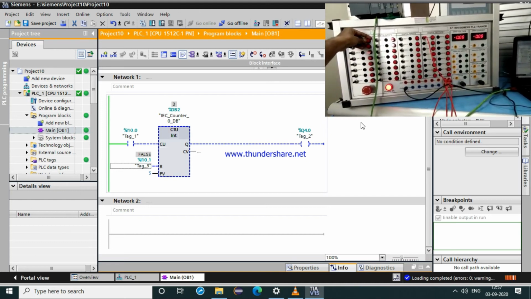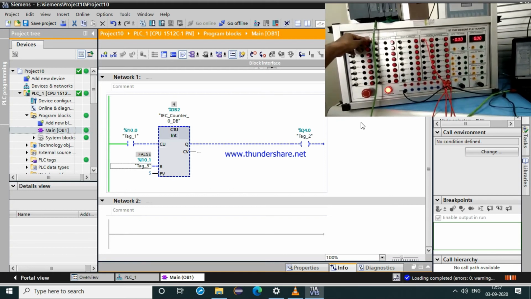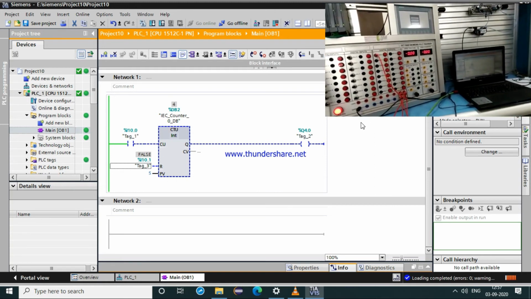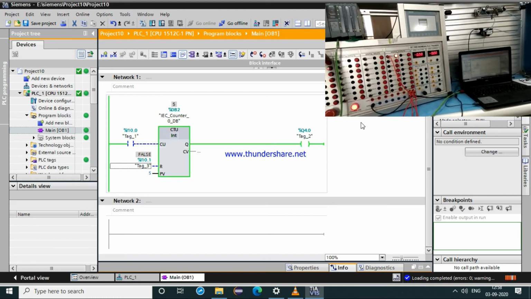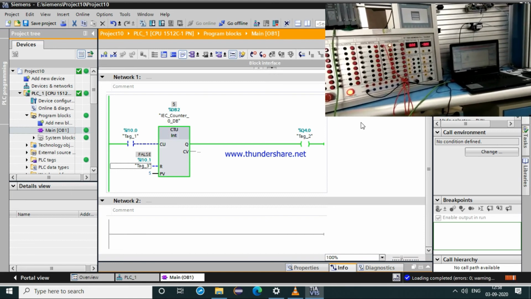As I press the third time, it will count 3, fourth, and when I count it for the fifth time, it will match the preset value and our cylinder will operate, and that is we will get an output. So this is the functioning of our counter.